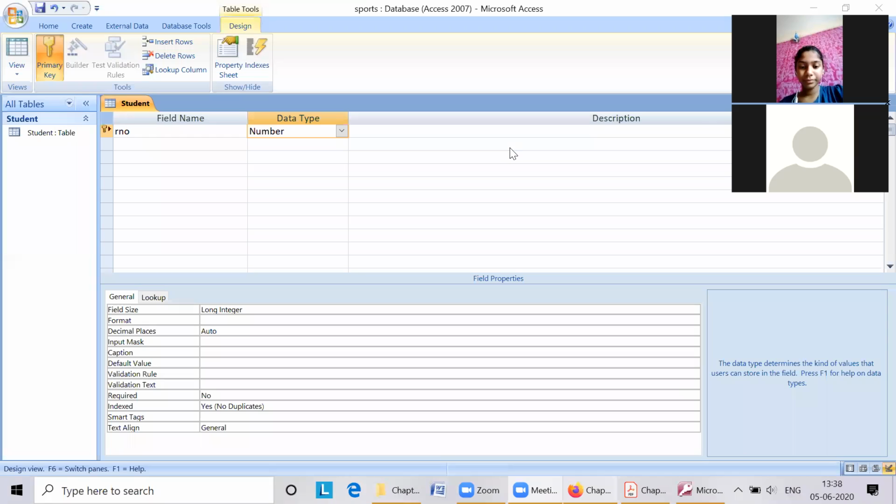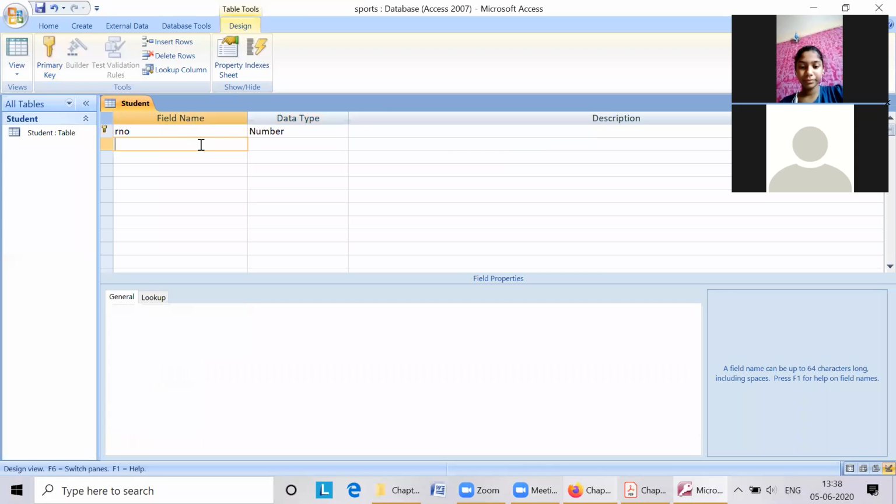Sir, we still haven't been allotted our roll numbers. Should we tell the old ones? It's okay. You can carry your old roll number with you. But tell me whether two students can have the same roll number in the same class. No, sir. That's why roll number is a primary key. It is a unique identification.